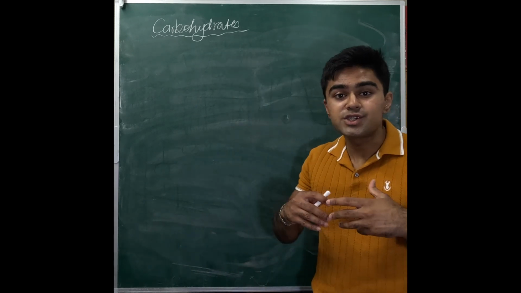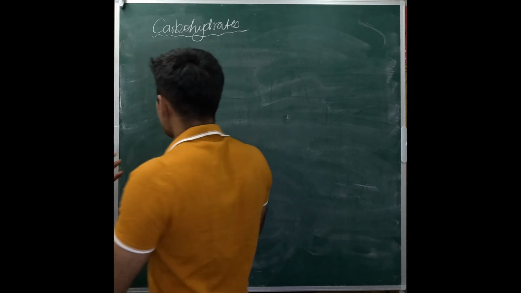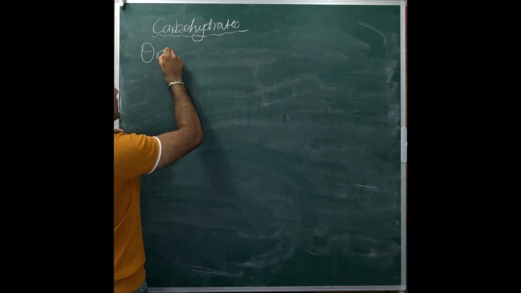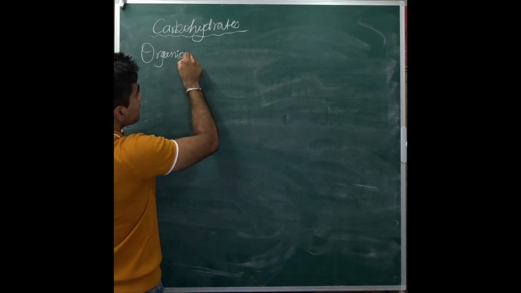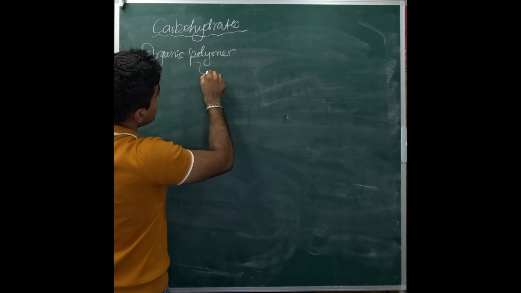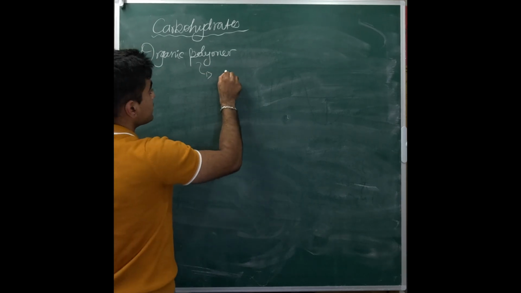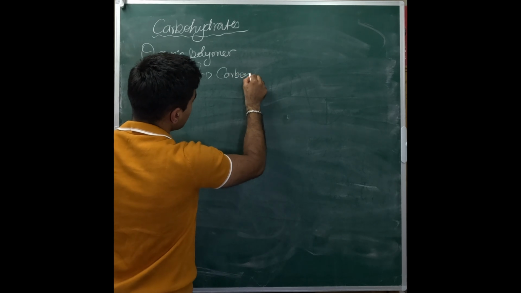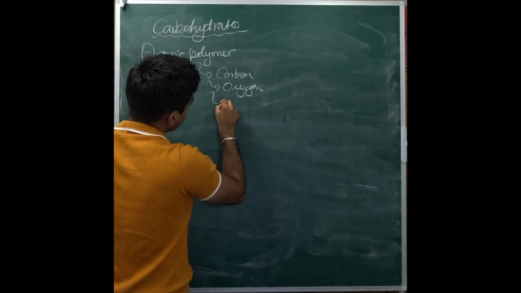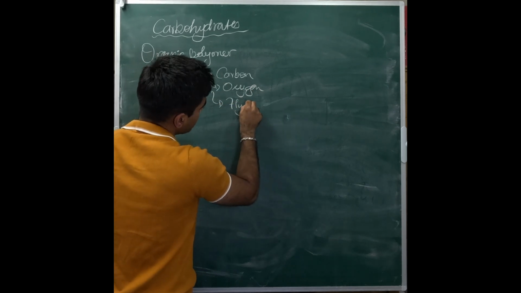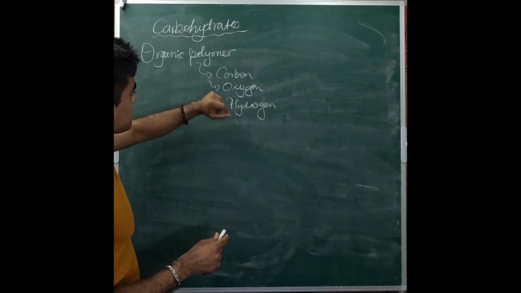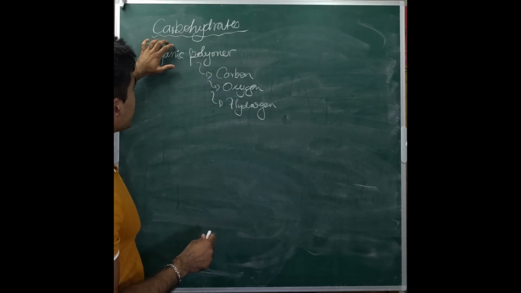Well, a carbohydrate is just an organic polymer which is made up of carbon, hydrogen and oxygen. So the key things that we need to know here is it's an organic polymer, and the atoms that it's made out of include carbon, oxygen, and finally hydrogen. Okay, so these are the three atom types that we have, three elements that make up carbohydrates, and this is